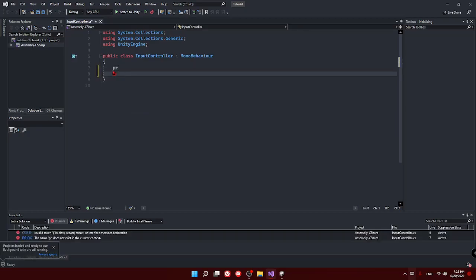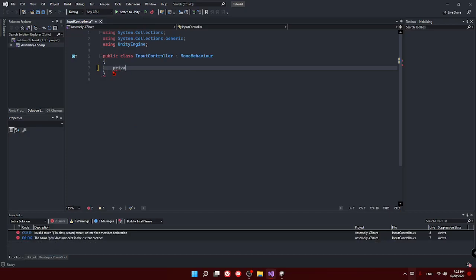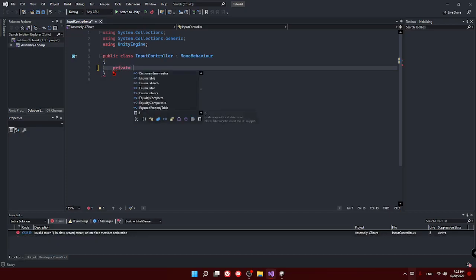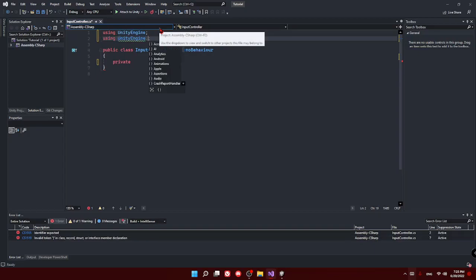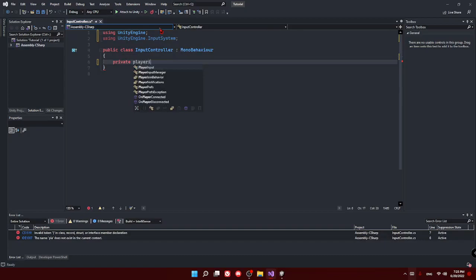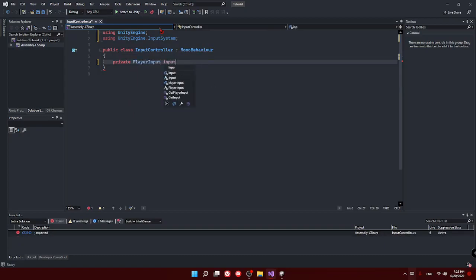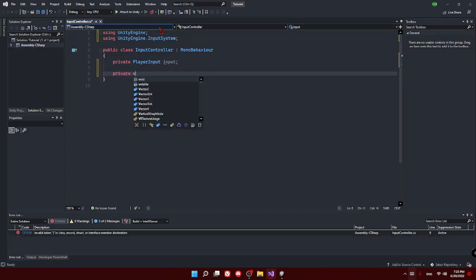And now first, I need a private player input. First, we remove these two using statements. Duplicate this using Ctrl D. Now using UnityEngine.InputSystem. Private PlayerInput input.